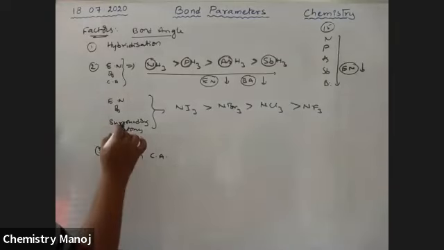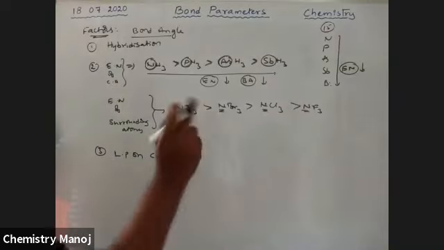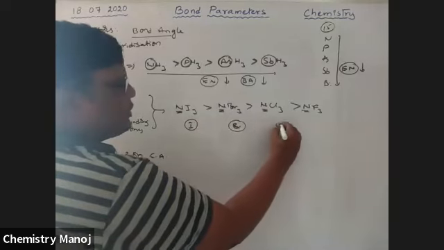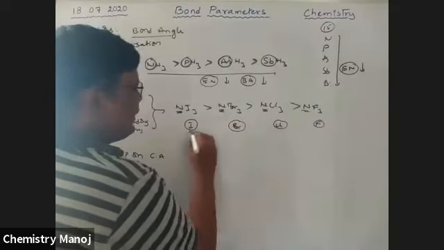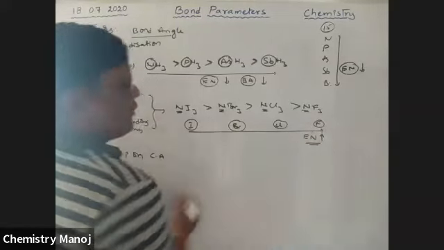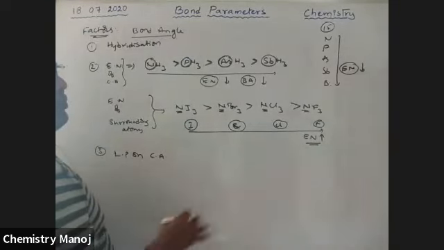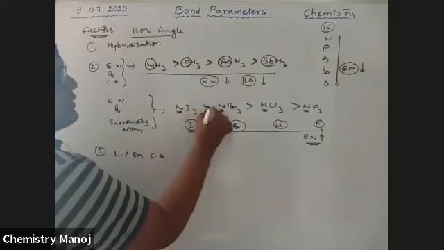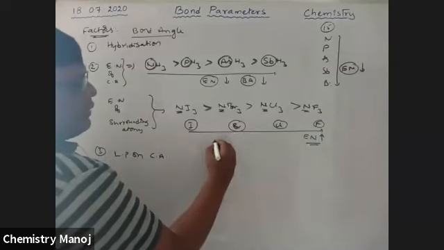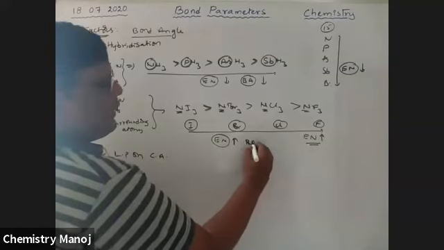Now consider the electronegativity of surrounding atoms. Here the central atom is nitrogen in each case, but the surrounding atoms are iodine, bromine, chlorine, fluorine. For these elements, from left to right, electronegativity increases. As the electronegativity of surrounding atoms increases, bond angle decreases. NH3 has a greater bond angle because the central atom is larger in size.